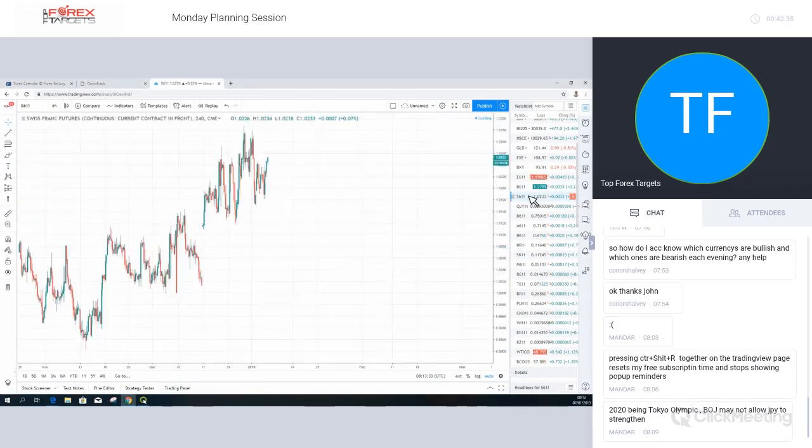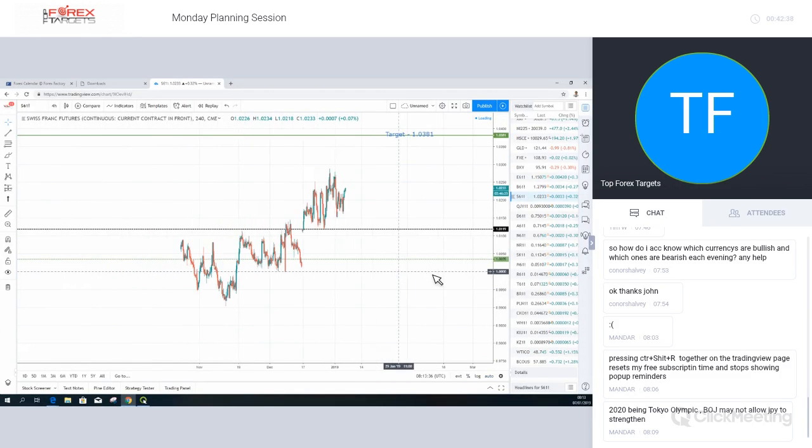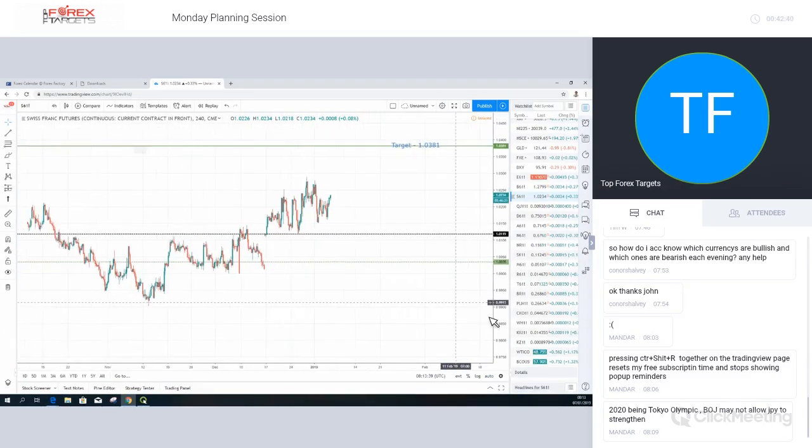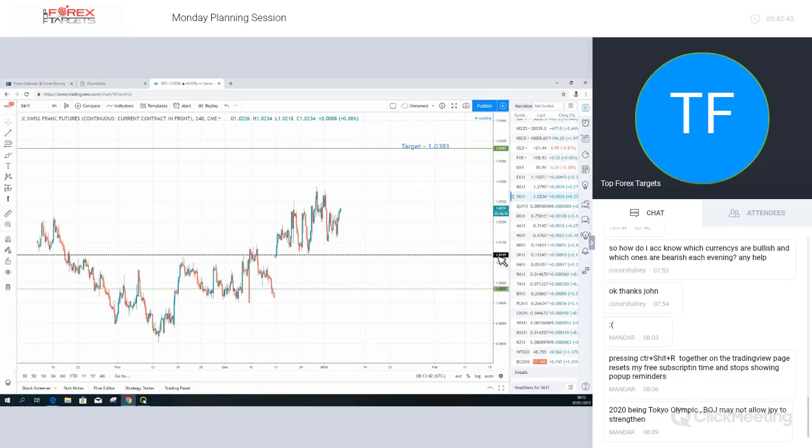The Swiss franc is not as nicely set up as the pound. We don't have that reversal back above the 1.0119. We're kind of sitting right in the middle as well. So again, we are kind of bullish on the Swiss franc. Why? Because we're above the 1.0119. This is telling us we're in an uptrend, as you can see. And the next key resistance is the 1.0381. So I would be looking overall for further advances in the Swiss franc, especially if we are looking for declines in the US dollar. But it's not giving a concrete setup just yet.